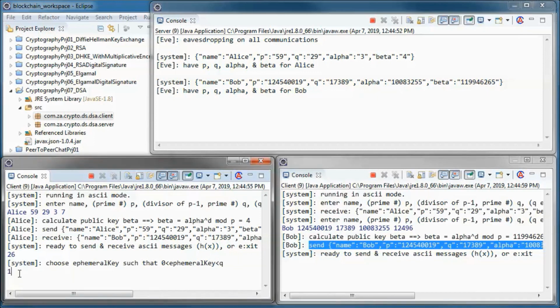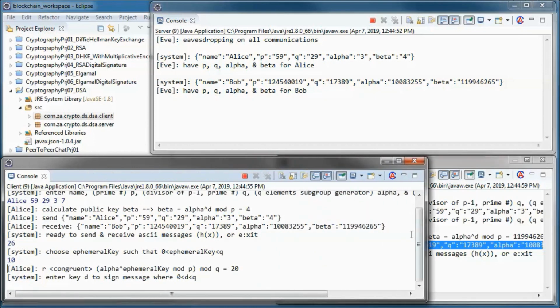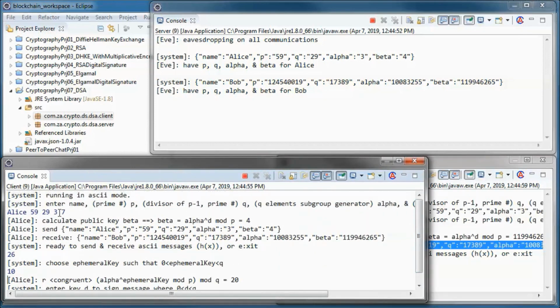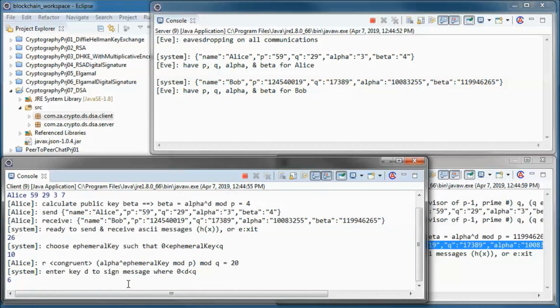So let's say she picks this as her ephemeral key, and this will be her private key that she needs to enter, but let's have her enter a made-up key and see what happens.